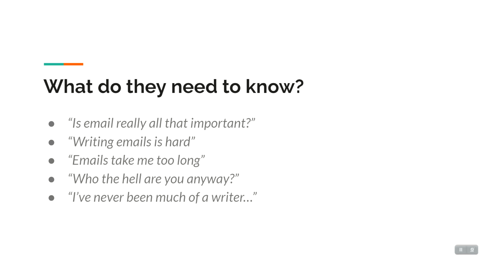So identify these kind of gaps. So let's just use these 5 things for the moment. Now, there's probably more things I could address. There's probably different things I could talk about, and maybe I could put 'writing emails is too hard' and 'emails take me too long' together. But this is just an example, just running through how I would work this in my head. These 5 things are the gap between where they are now and where I want them to be.